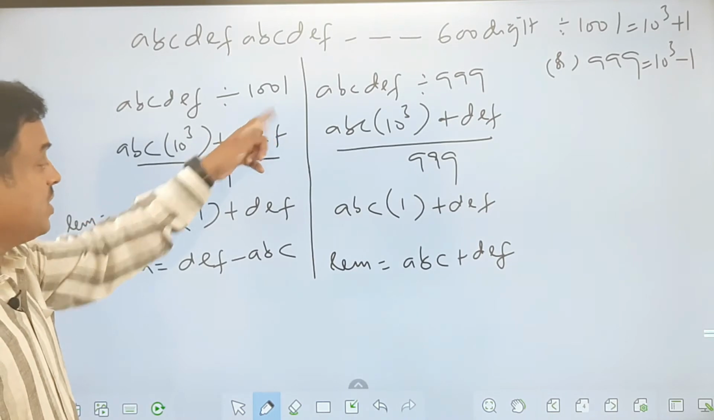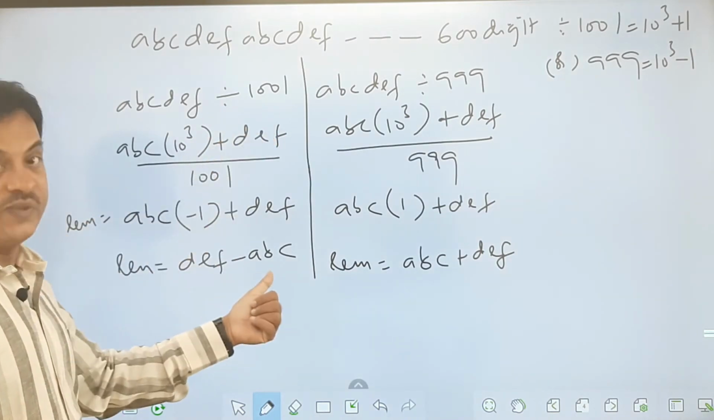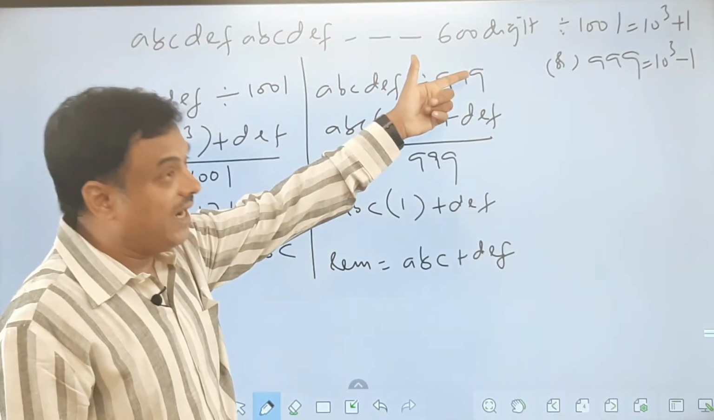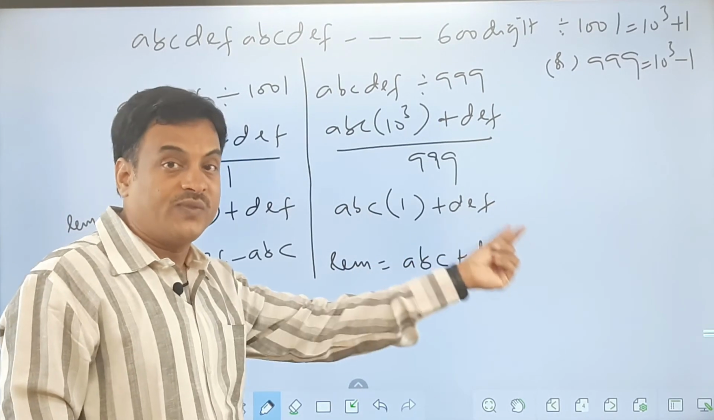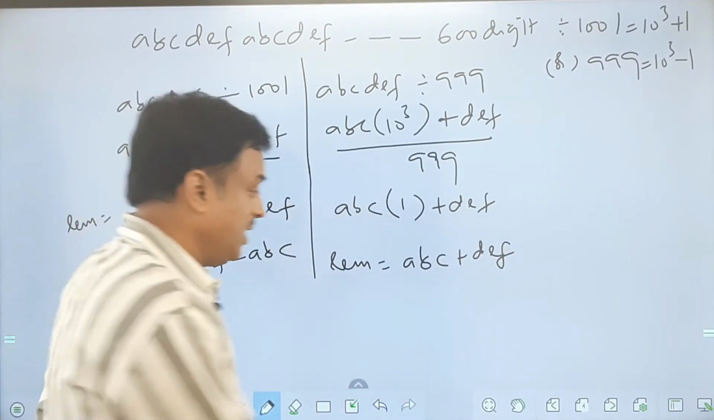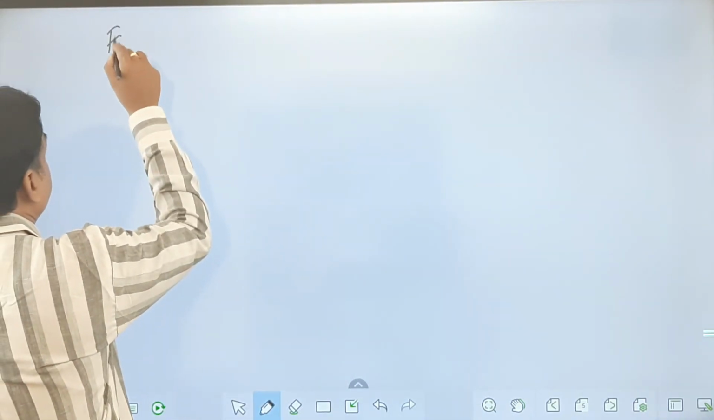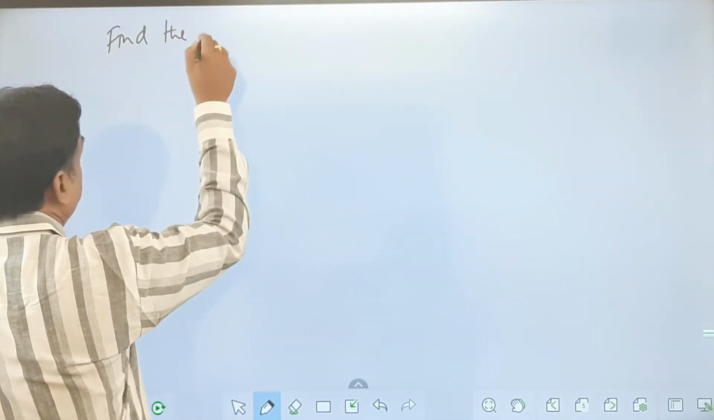So if I divide by 1001, it is last 3 digits minus first 3 digits. If I divide by 999, it is last 3 digits plus first 3 digits. So let's take one question quickly, friends. Find the remainder